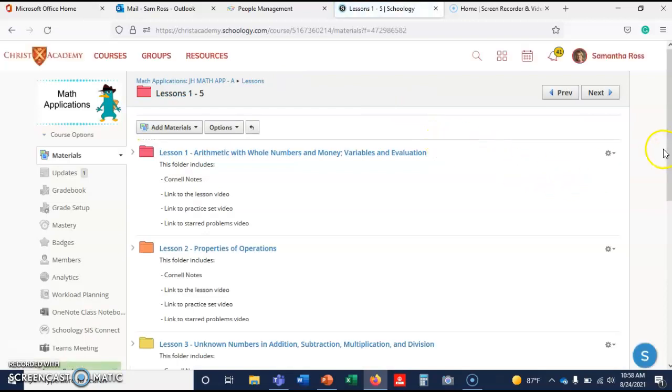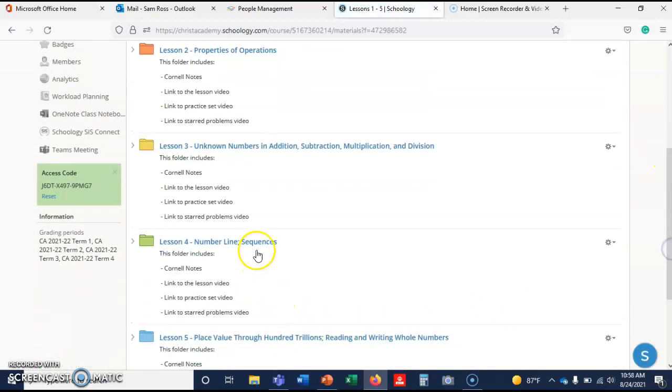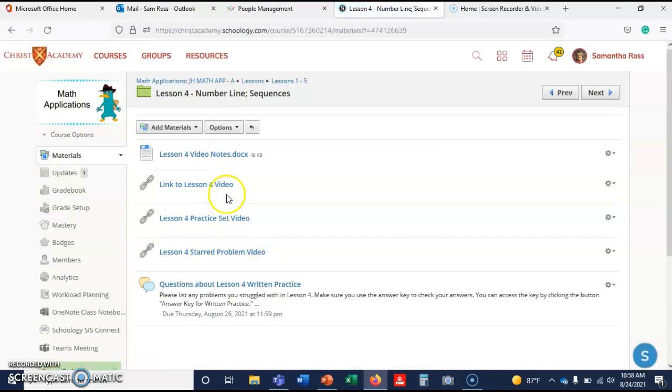And then you'll move on to Lesson 4, where the video notes are here. The practice set videos there, but again, you should probably work those out first before you take a look at that video. So if you have any questions about anything in math, or if you're having trouble with IXL, please